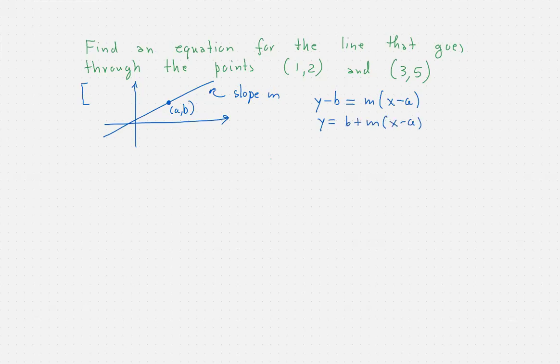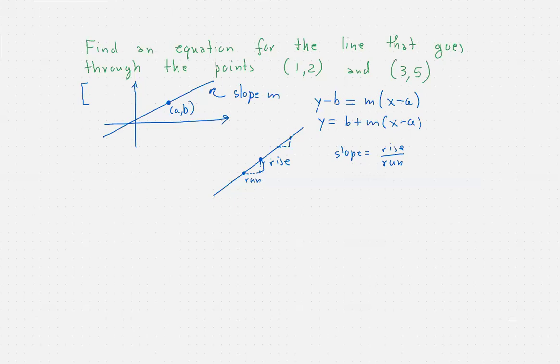Now, we might as well recall what the slope of a line is. The slope of a line is the quotient of the so-called rise over the run. If you take any two points on the line, there's a rise that corresponds to the vertical distance between those two points, and there's a run, that's the horizontal distance between the points. Then the slope is really the rise over the run, and it's the same no matter what